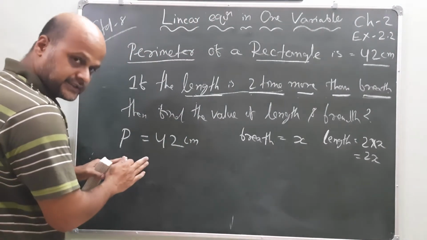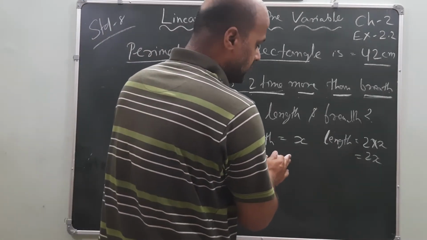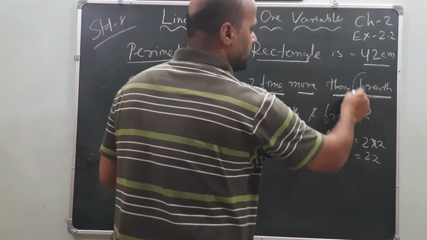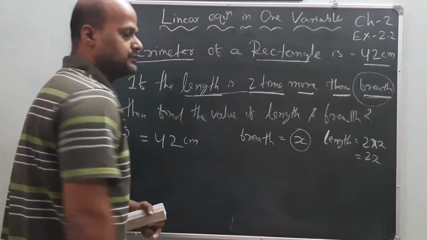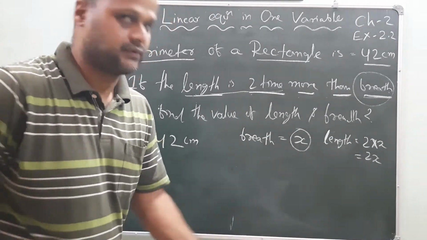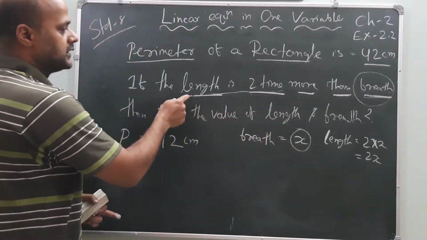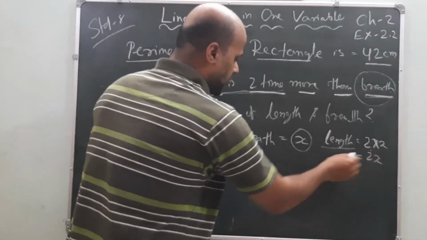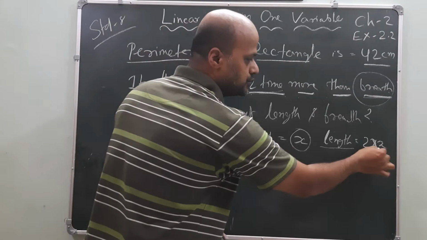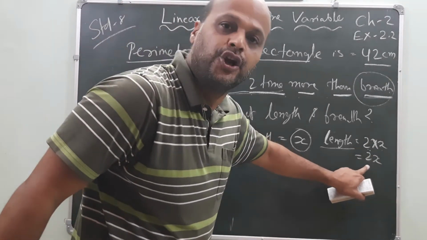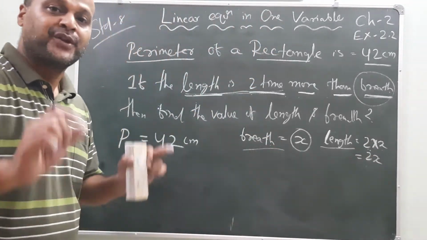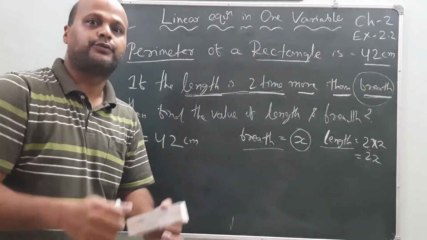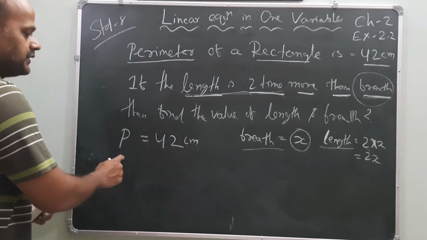Now perimeter is given, length is given, breadth is given. What we did? Whatever is not given, you have to take as a variable, x, y, z, whatever it will be, and then go to the next step. Length is 2 times of breadth. Then what is the value of length? 2 times of breadth. What is the breadth? x. 2 into x, it is how much? 2x. Understood, my dear friends? Always read the statement step by step, then you go for the answer. Okay? So perimeter is how much?